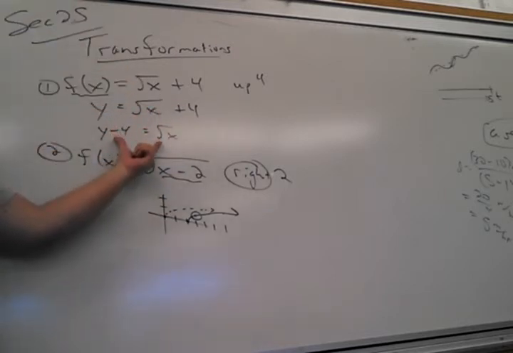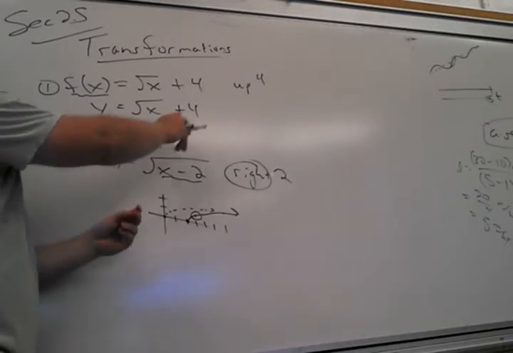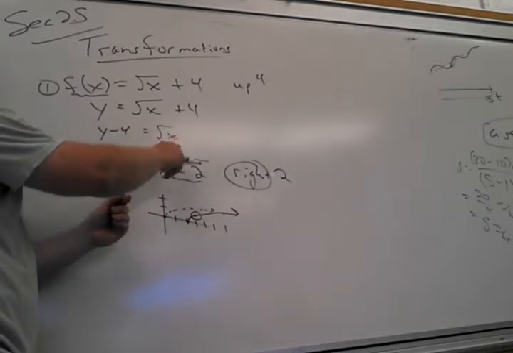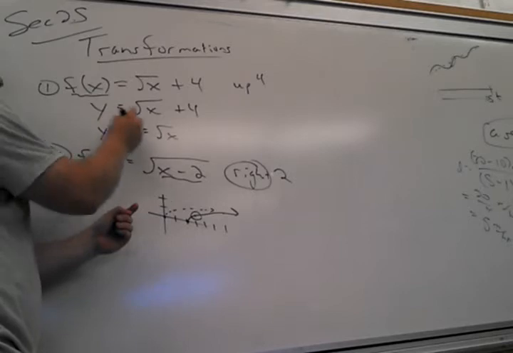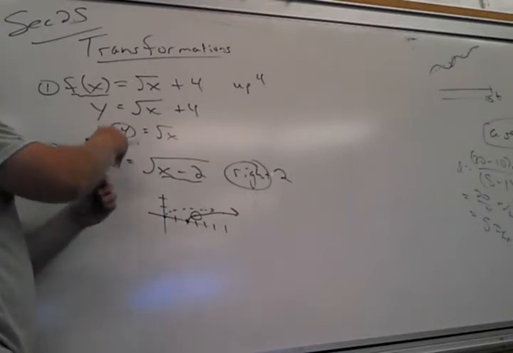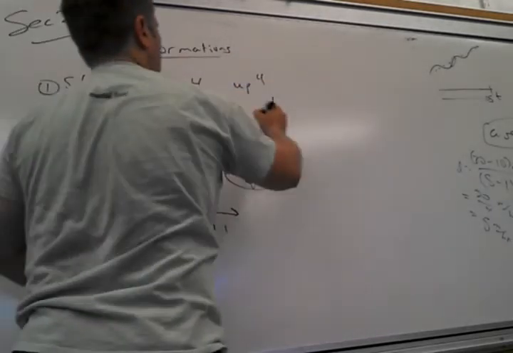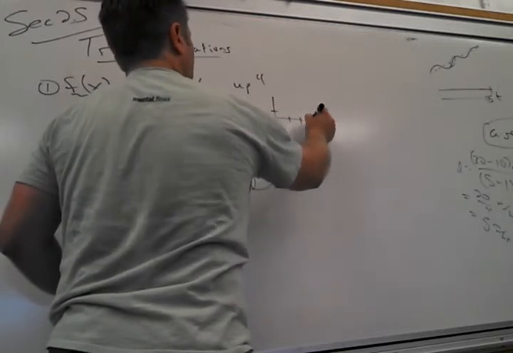I'm not saying do this, please, dear God. Right? But I just want to make sure you understand. That's why these are really the same thing. If I put it with the y, I would do the opposite of what that says. All my outputs have to be 4 bigger than they used to be. So this graph would go from